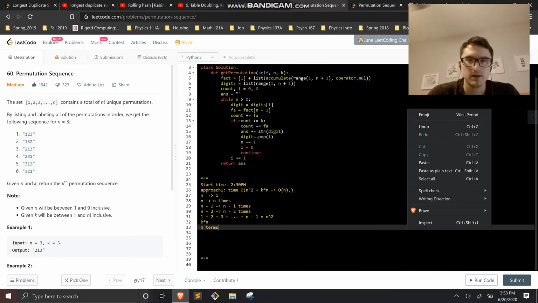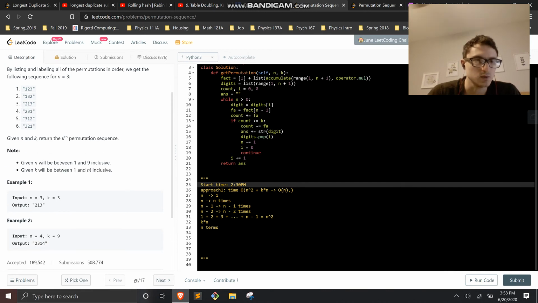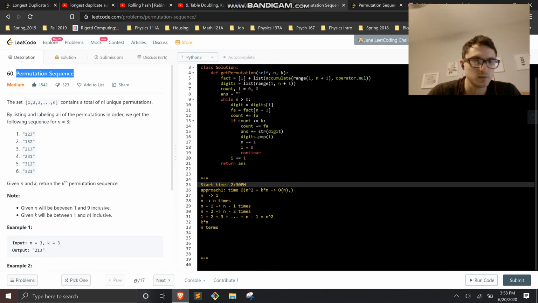So I'm going to analyze how the code for solving the permutation sequence works, which is the daily problem for today, June 20th. Basically, this problem is just returning, given n, which represents the number of unique digits starting from 1 going till n, you find the permutations for this, but you want to find the kth